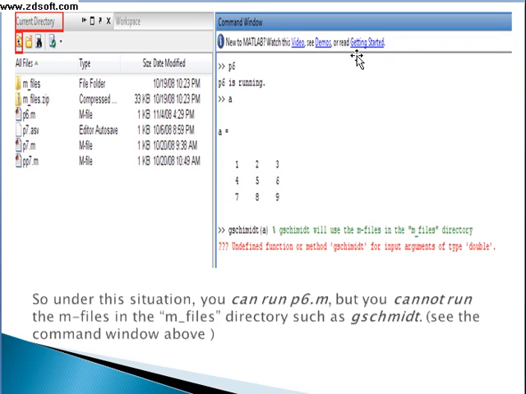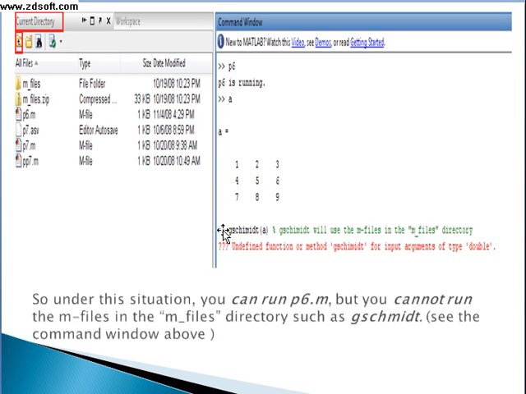Okay, and in the command window, here is an example of running this file. For example, here in the current directory I have a file p6.m, and in the command window I have typed p6, that is the file name only, and entered it. Then it will show you that this file is running.